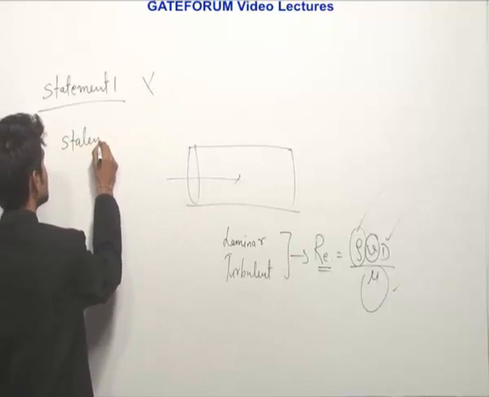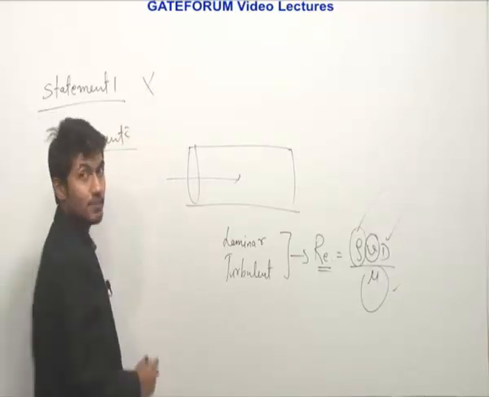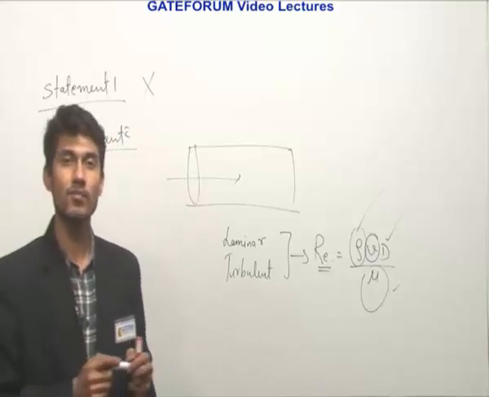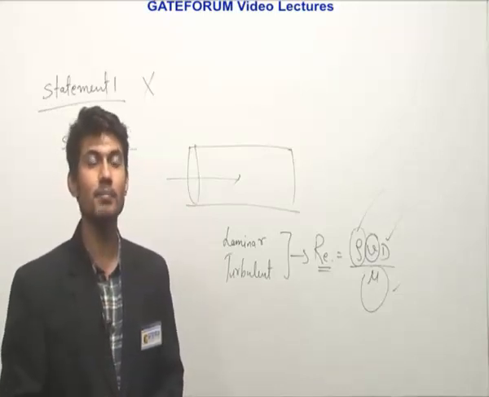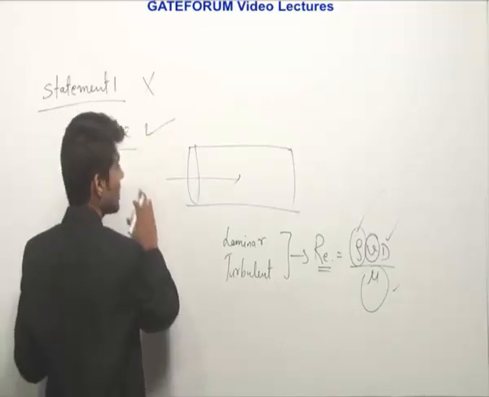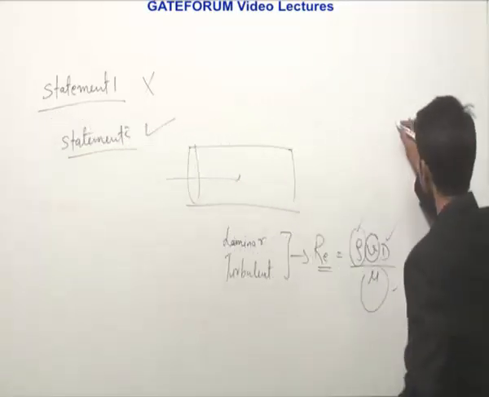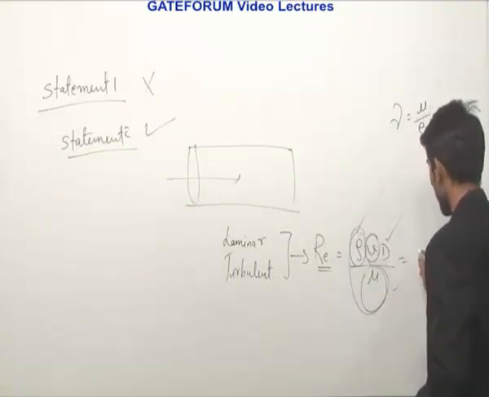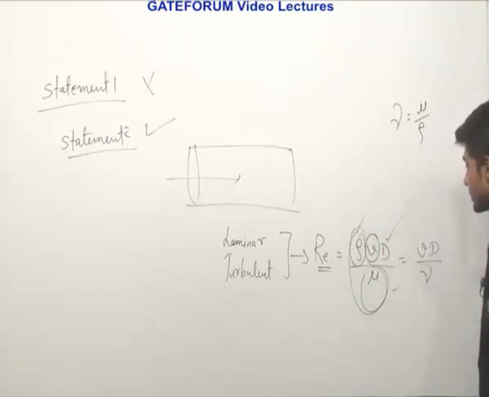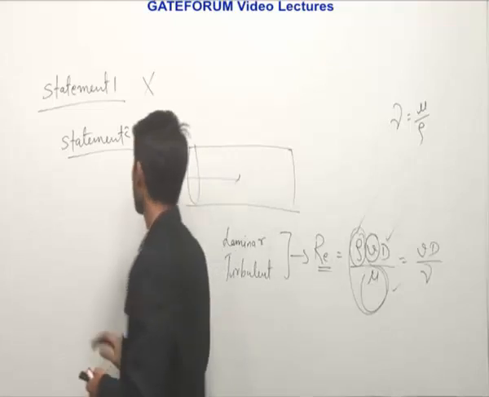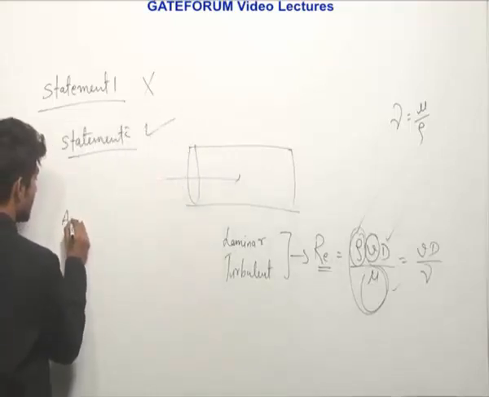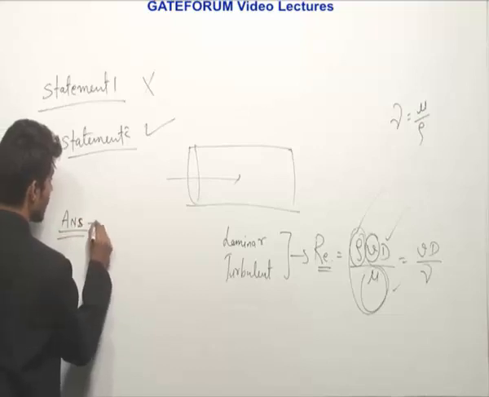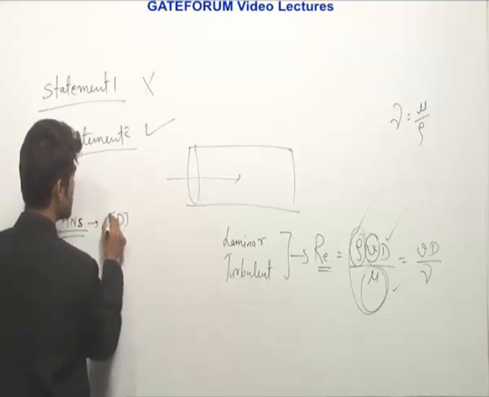Statement 2 given is Reynolds number of the flow depends on velocity, the diameter of the pipe and kinematic viscosity of fluid. It is correct. Now here kinematic viscosity is not written. As we know, kinematic viscosity is mu by rho. So we have this term, so formula will be Vd by nu. It is again another method to write Reynolds number. So Reynolds number is velocity, diameter and kinematic viscosity dependent term. So statement 2 is correct. Our answer will be statement 1 is false and statement 2 is correct. That option is D.